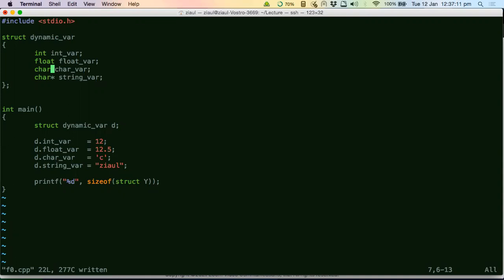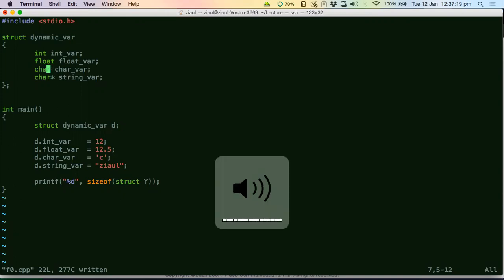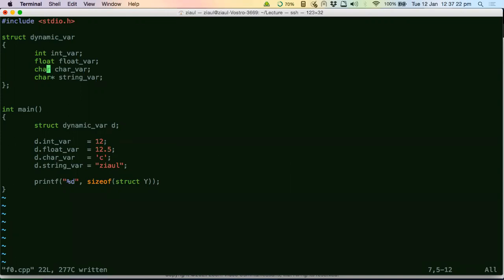But is this correct? Have I cheated or have I not cheated? Yes, no, guys. Yes, I have cheated. Why have I cheated? Because by the look of it, I agree that it's a single struct variable, but inside the struct variable, there's nothing fancy, right? It's the same four different variables, like four different memory locations. So it's similar to writing a program with four different variables called int var, float var, char var, and string var. The only special thing about this is these four memory locations are hidden inside a structure, that's all.